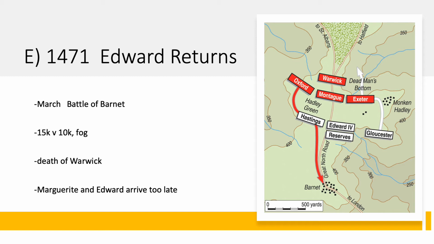The Battle of Barnet is also significant in terms of size. Warwick and his brother Montague have about 15,000 men, and the Yorkists have about 10,000. The problem here is the fog. Edward moves his men into position under the cover of dark, and so they're closer than Warwick thinks they are. So Warwick is using artillery, cannons, throughout the early morning to try and take out some of Edward's forces. He doesn't realize how close they are, so the cannons miss their mark.